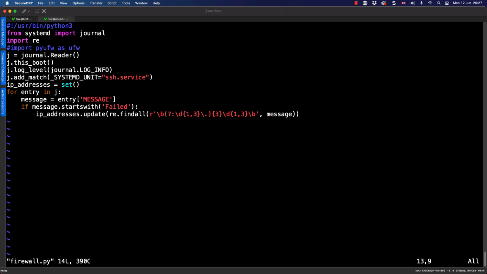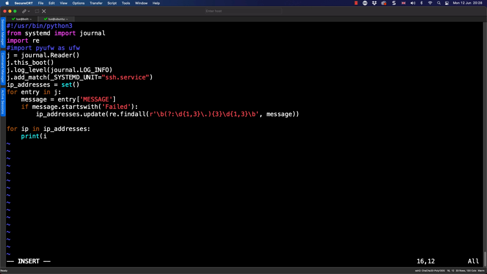So I can then start moving back because I want to put a new entry in. So we indent to the IP addresses. I can use Control D and Control D to move back. Just going to put a clear and empty line for readability. It's this extra white space that makes my script easy to read. And now we can go through and iterate through our IP addresses set. So for IP in our ip_addresses. So we saw when we printed it out before, we had the curly brackets surrounding the set, and we had the commas in between.